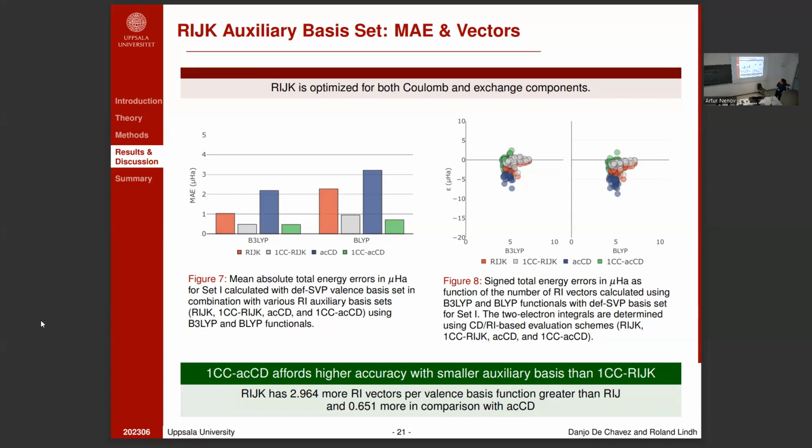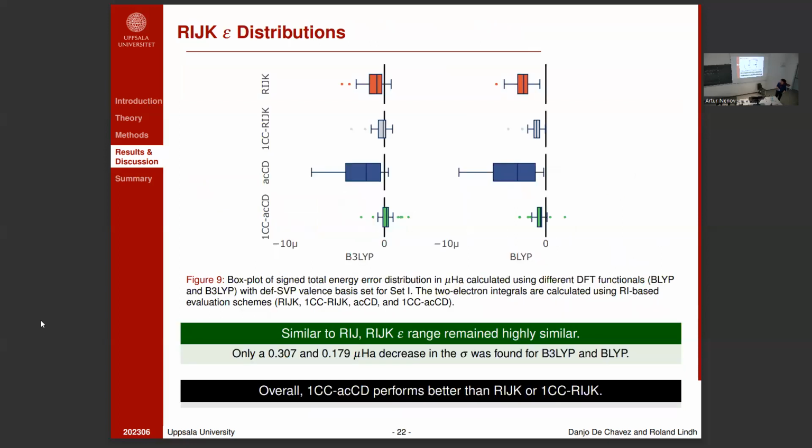There's a shift towards zero, which is just the foundational material that we did. But the same problem occurs since the optimization of the basis sets is the same. So the errors are actually just shifted towards zero, but there is still a problematic systematic error here. And this will be problematic if you're comparing relative energies. Overall, the 1cc still improves RIJ and RIJK, which is good for our case, developing this theory.